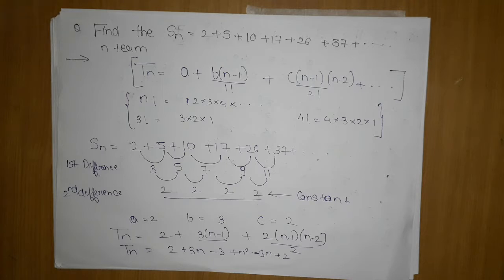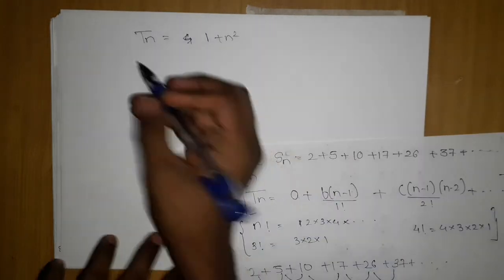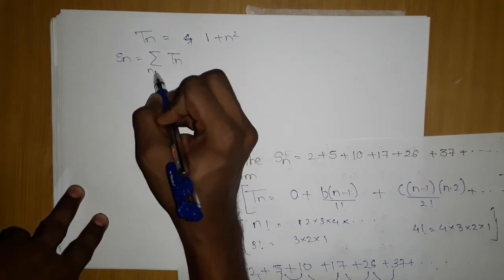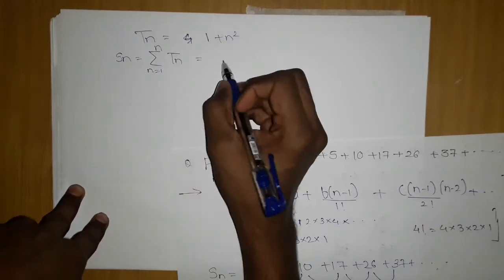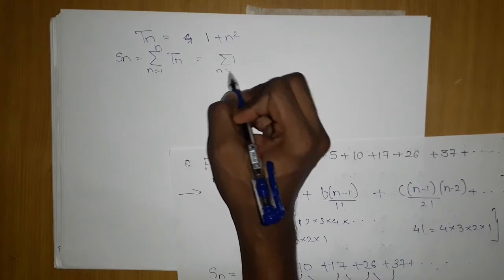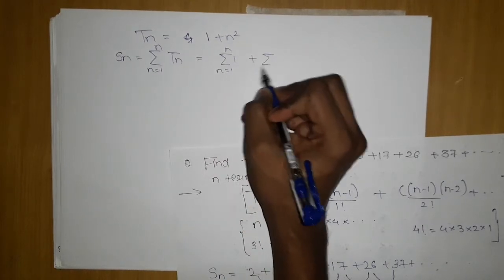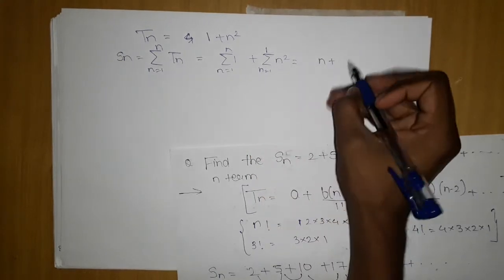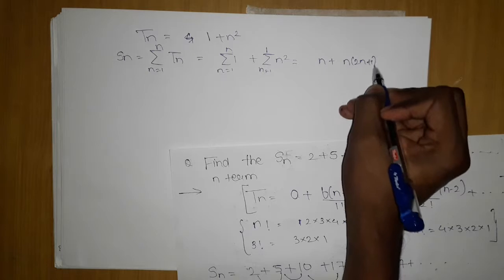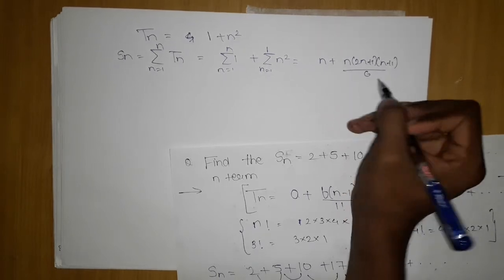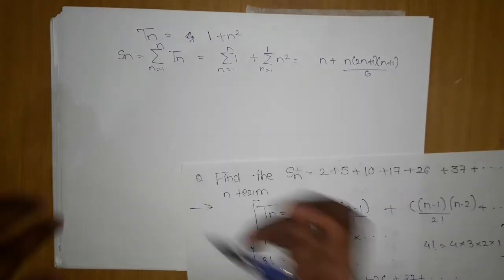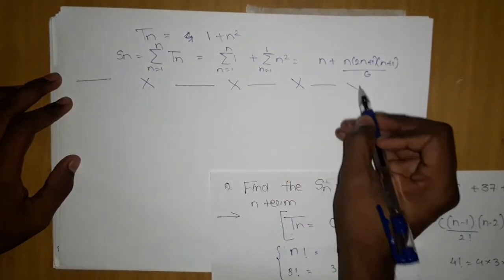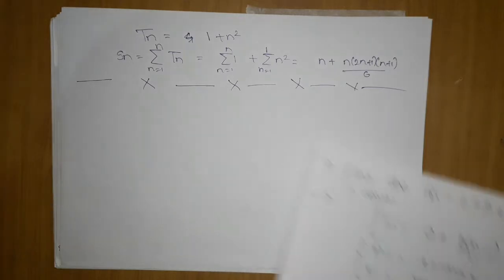So we got our tn, and now can't we get our sn? Sn is the summation of n square plus 1, from 1 to n. Now you can get the answer, n into 2n plus 1 into n plus 1 over 6, plus n. So this is our answer. Very easy, once you get a grip on this formula. Now let's move on.